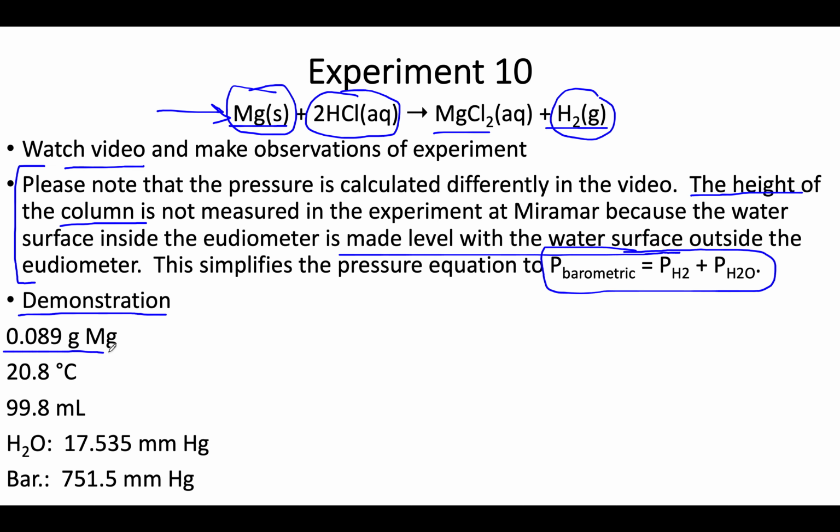Okay, so if you see the video, it tells you your measurements. You need the mass of magnesium, okay? You need the temperature of the water, and we're assuming the temperature of the water is the same as the temperature of the gas. You need the volume of the gas collected, and that's inverted in that tube. It's a little tricky to make that reading, but you can make a reading of that. And this water vapor pressure is from a table. So you look up the temperature,